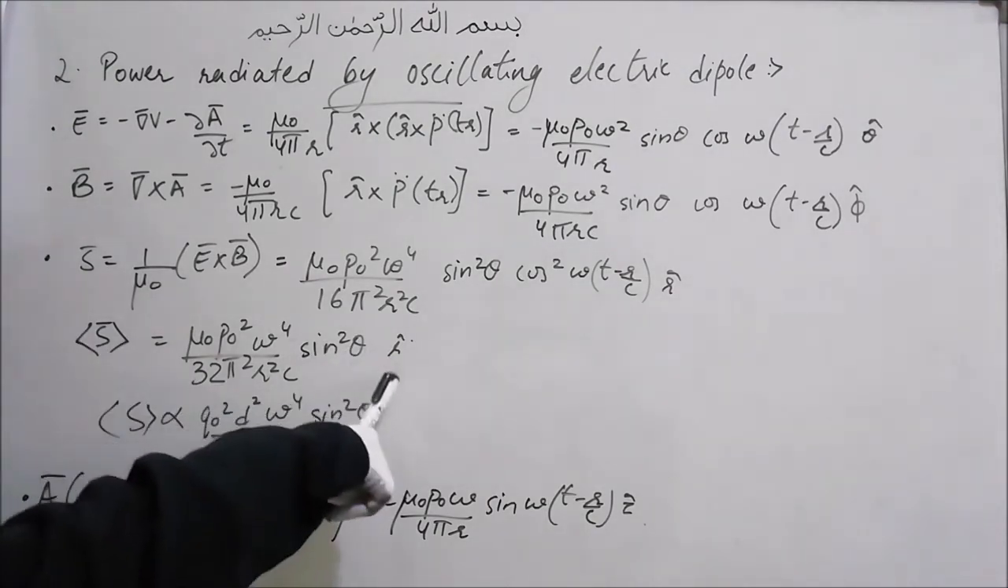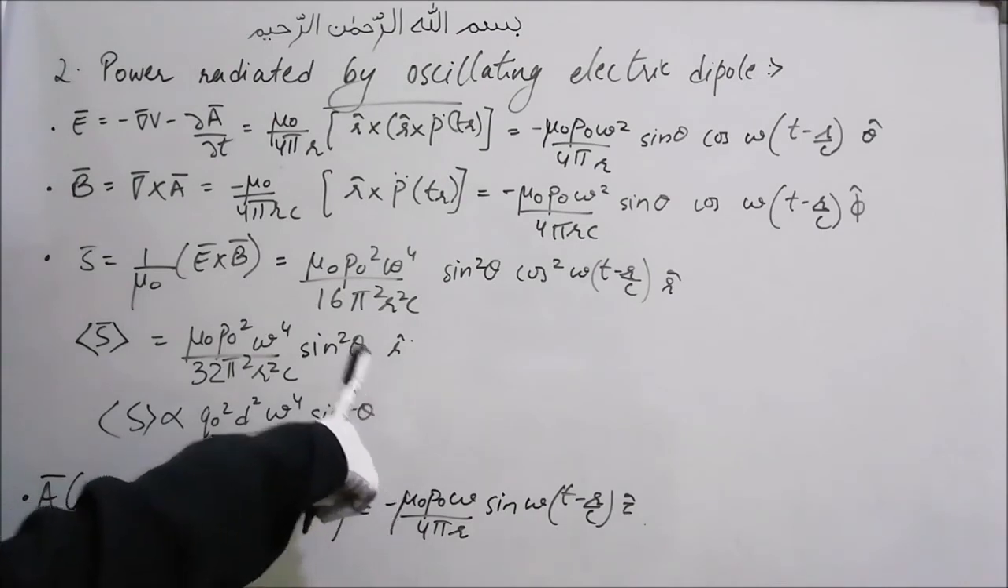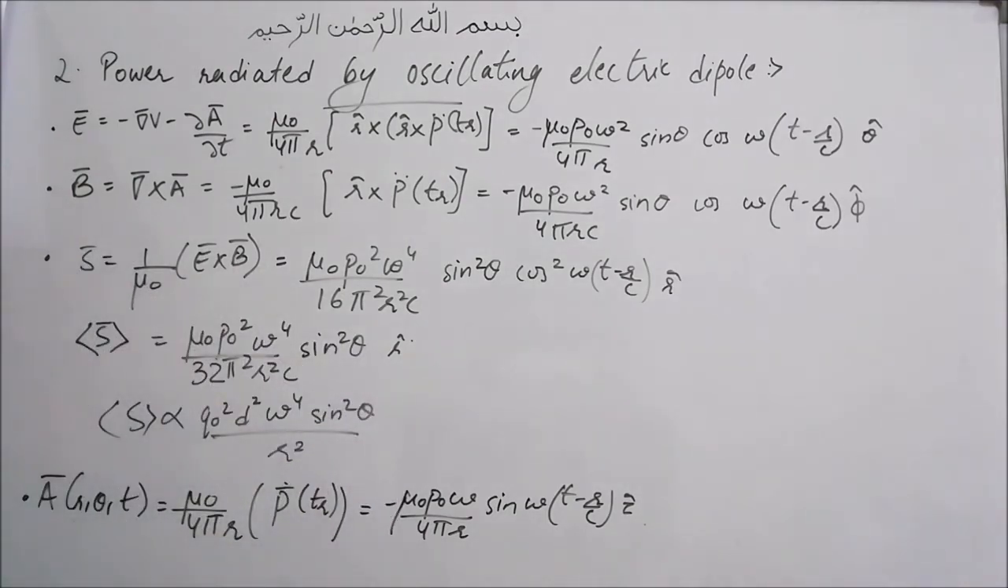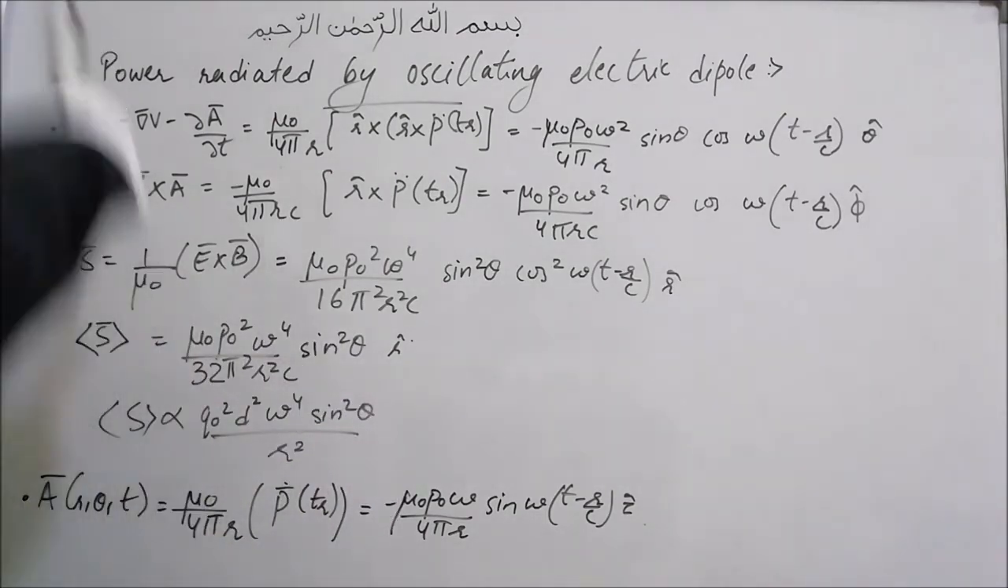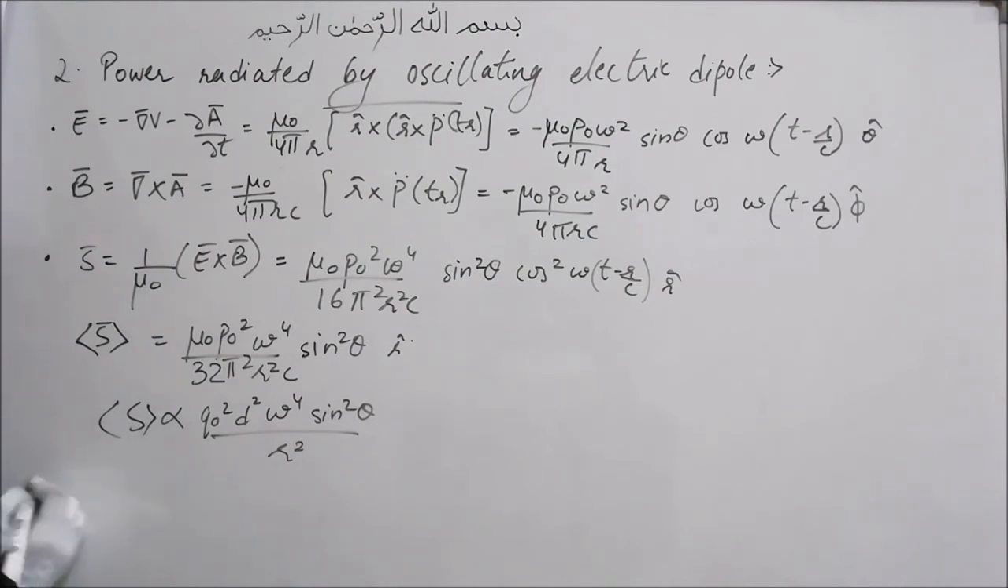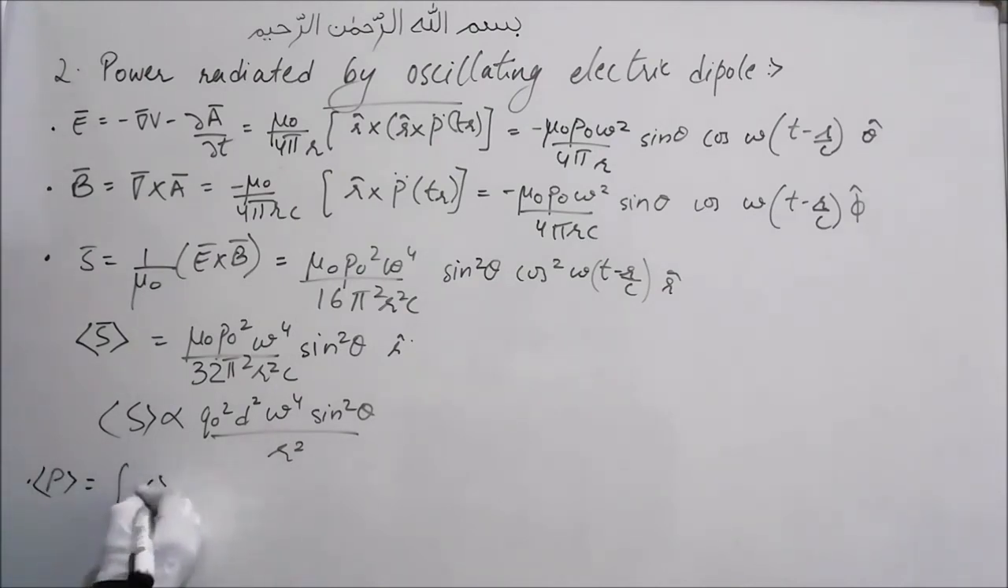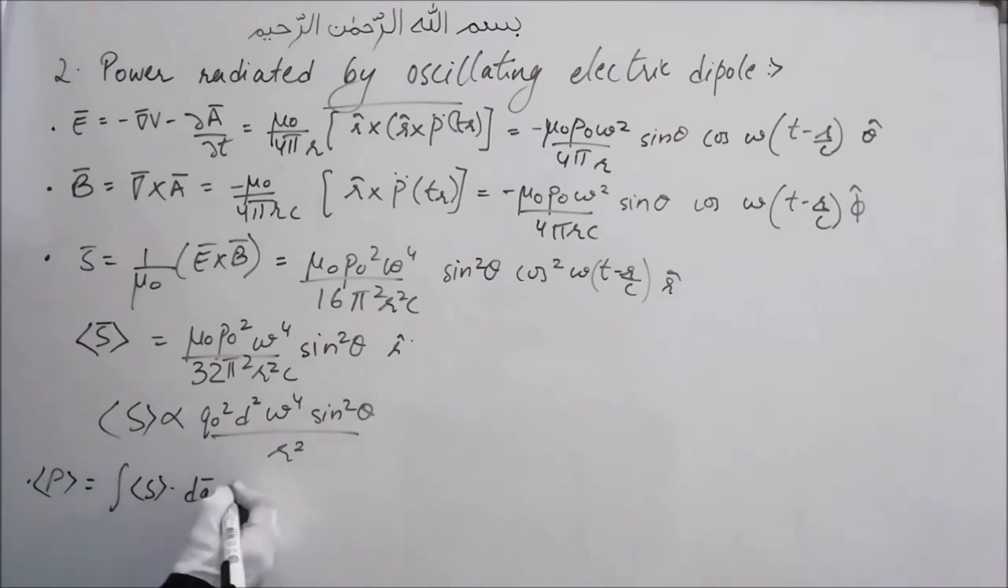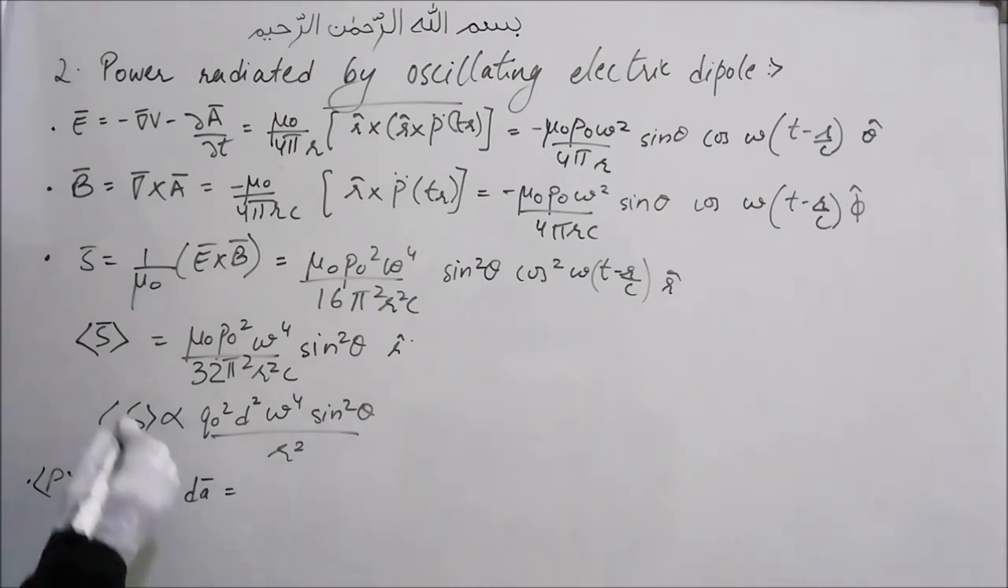So here this is r hat, so the power is radiated along the radial direction. That is, there will be no radiation along the z axis. The maximum power will be radiated in the xy plane, like in the form of a donut. And so the average power radiated is equal to the integration of the average Poynting vector dot dA bar, and this will be